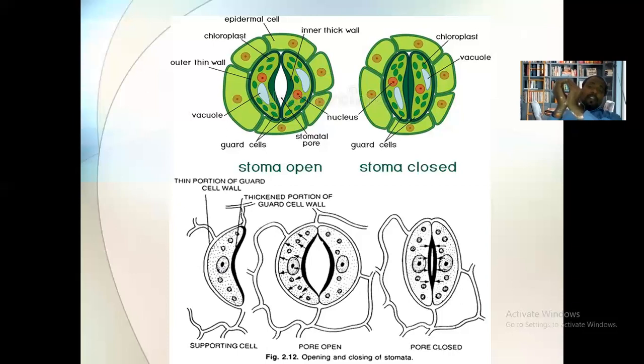Opening of the stomata takes place, and here you can measure the diameter of this opened stomata. The diameter of the opened stomata is always more, isn't it? So due to this pressure, the opening of the stomata takes place. When the stomata open, then the third step takes place. That is the water from the intercellular spaces entering into the atmosphere.